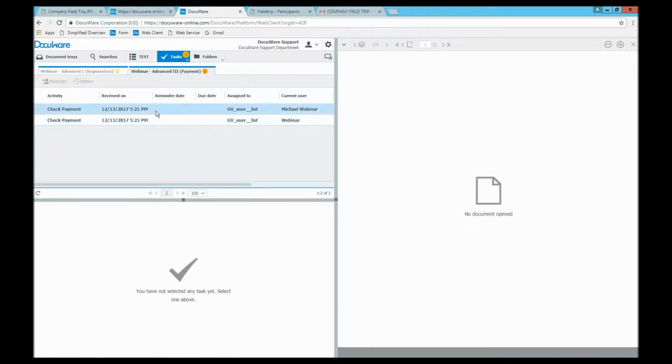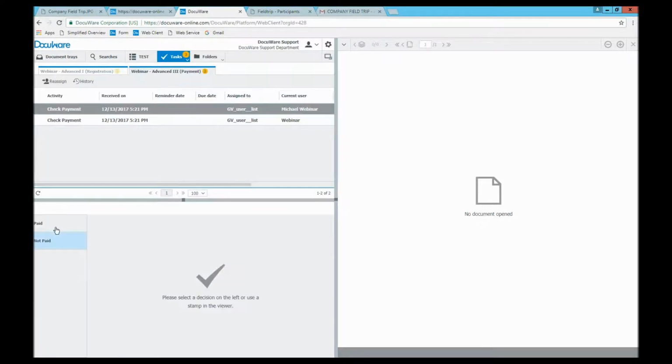Yeah, here we have it. Here's the parallel task, which is shown twice because I'm in the controller view here, or monitor view. Here we have the first assignment is for me as the employee, and the second one is for the user I have defined as the cashier, which is called webinar here. So I say, okay, yes, of course I have paid my $10 and confirm this here, but the activity